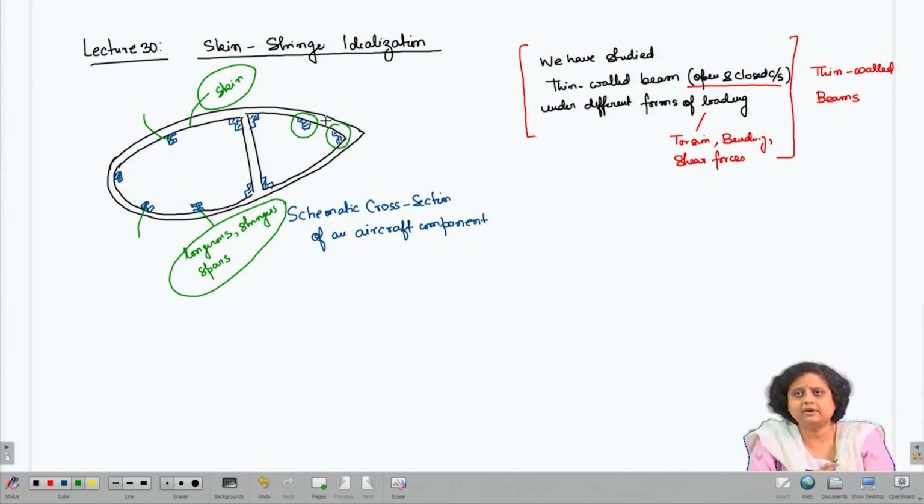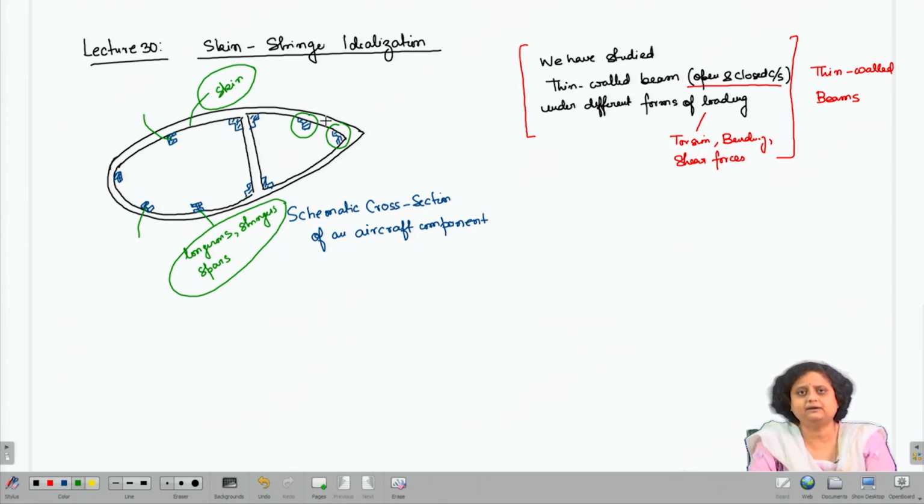It is very cumbersome and it is very time taking. Now, you can imagine that for a single beam it was so complicated, it was so rigorous. Now, if you have to do it for this entire component which has several such beams and multiple cells, it would become extremely tedious. Now, that is the first part of the problem.